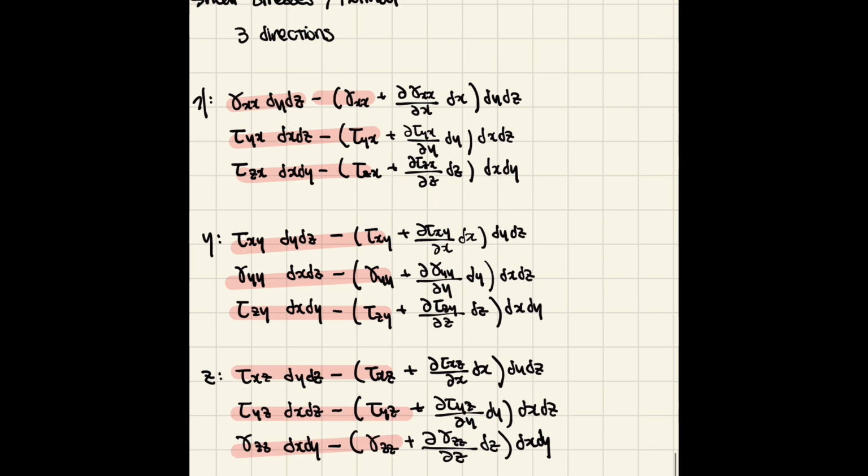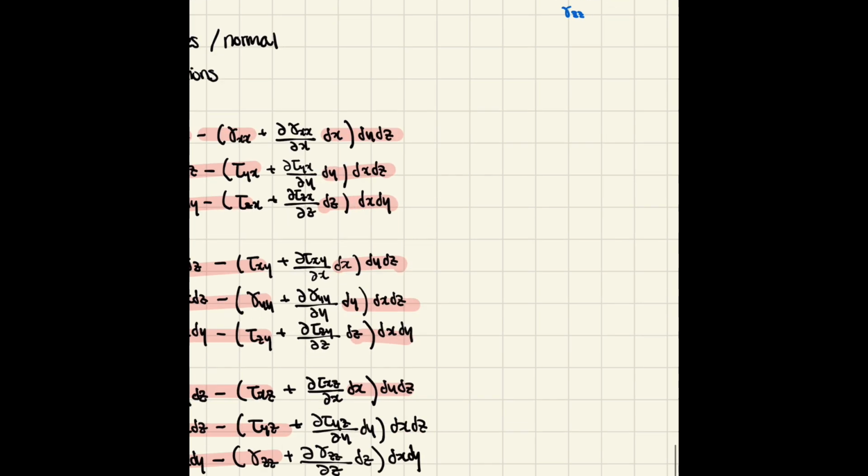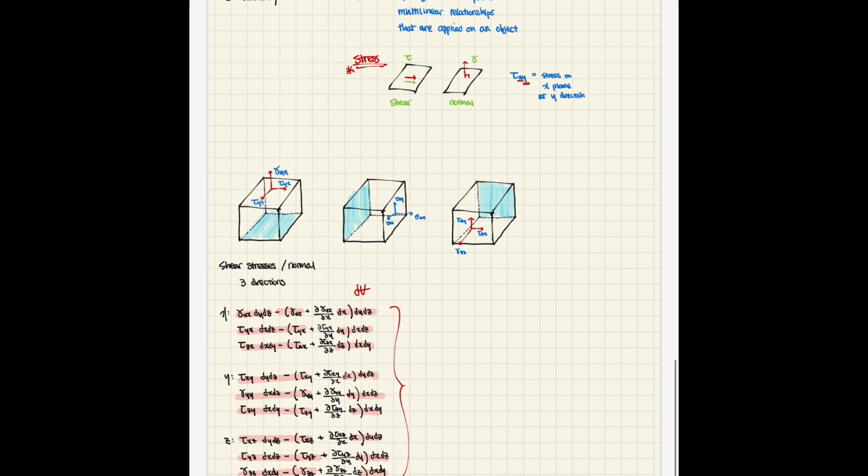So they all cancel out. And we know that the dx dy dz will become dv. So when we rewrite these equations on the right side, it will be